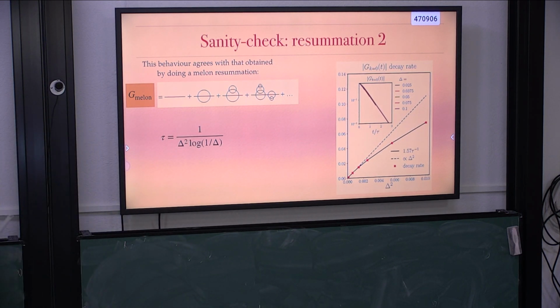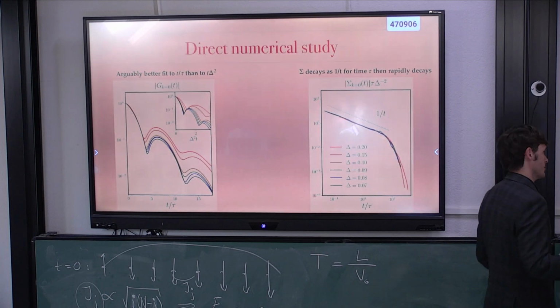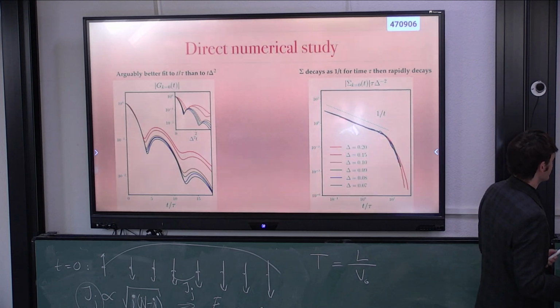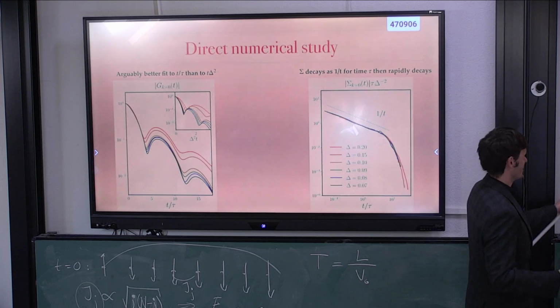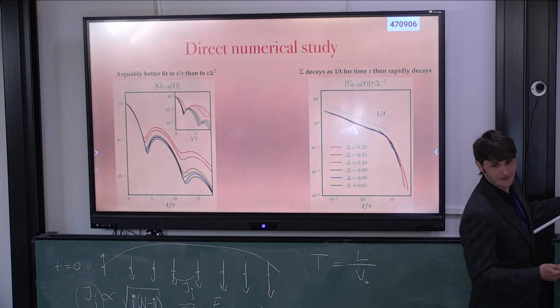So then what we tried to do is some direct numerical studies, and we're always limited by how far in time we can push our numerics, particularly for quantities like these that decay very quickly. Our numerical techniques are much better suited to calculating hydrodynamical quantities. These quantities, less good. So what I've plotted here, and it's certainly not a perfect scaling collapse, but to my eye, it's a better collapse for the log enhanced rate than it is for the Fermi's golden rule rate. The inset is the Fermi's golden rule rate,